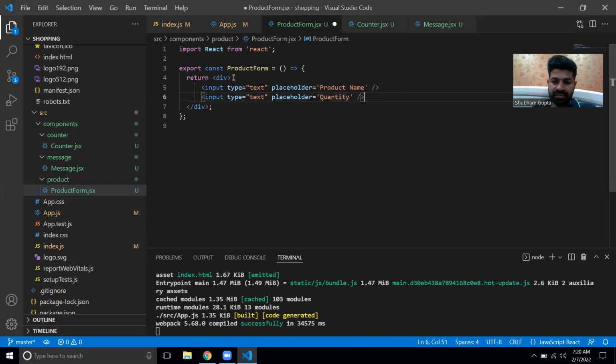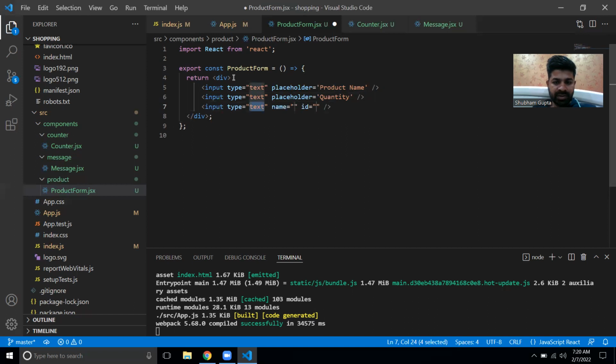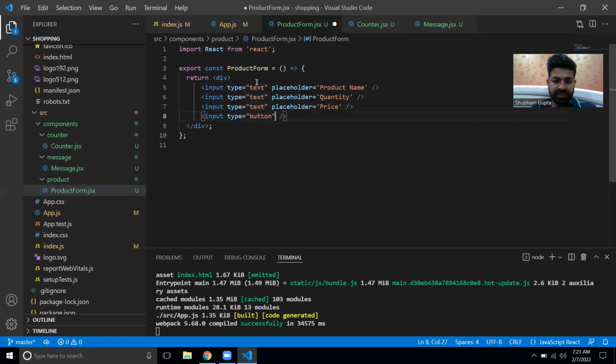quantity, and input. The third thing we can have is price, right? Now we don't want increase and decrease, we just need to add the product, right? The price of the product, and last we can have a button which says